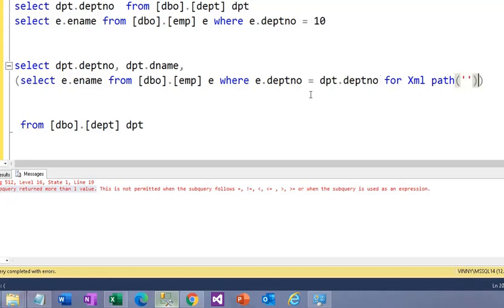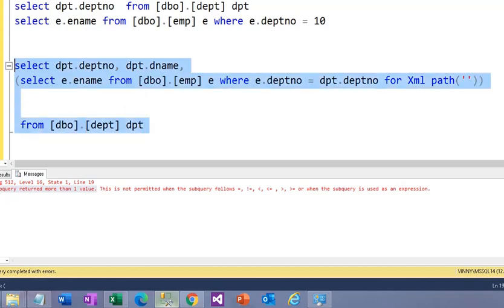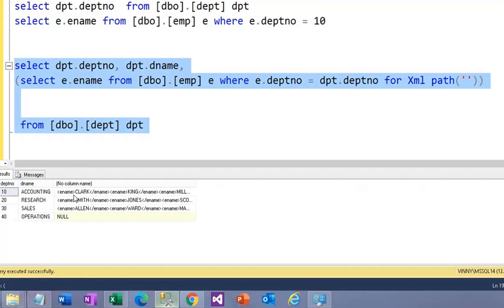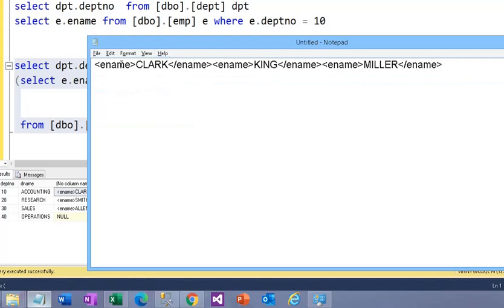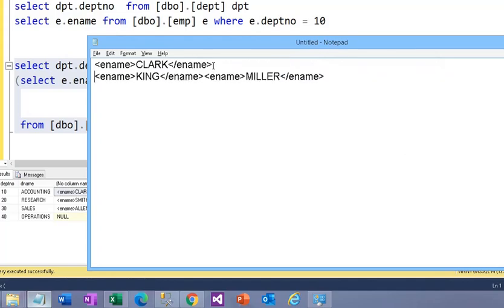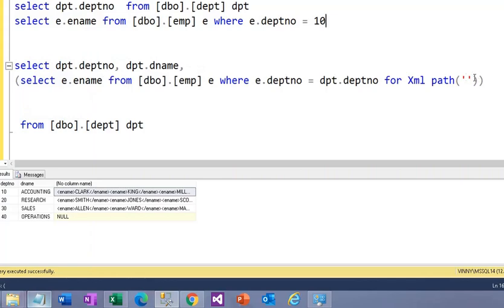Okay. So now the entire result set will be in an XML. So let me run this. This is what we have now. E-name is the column name and this is the value. Again e-name and the value. Now why I have taken this blank string here, let me show you.